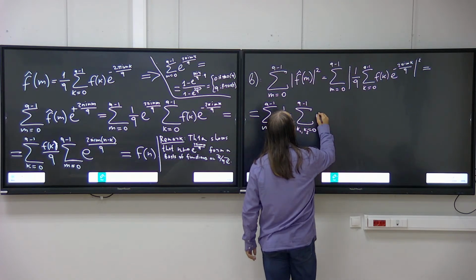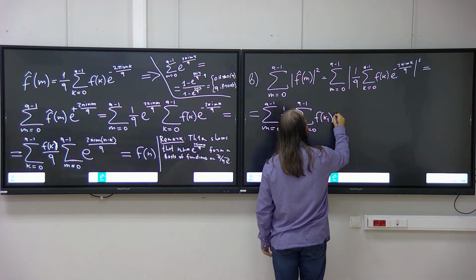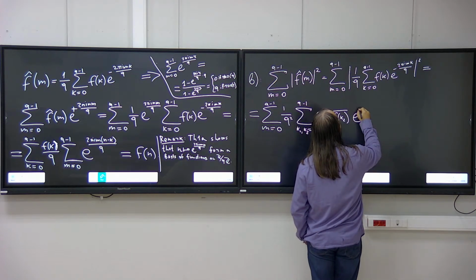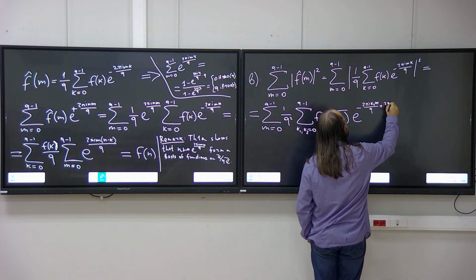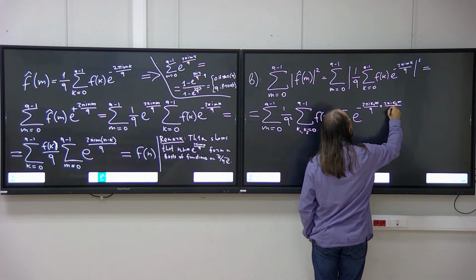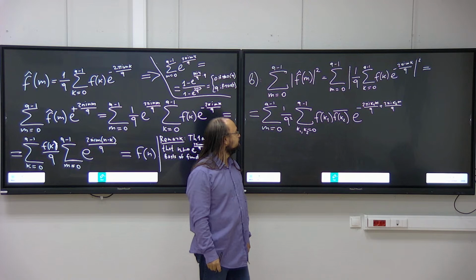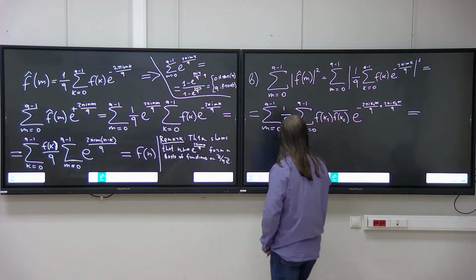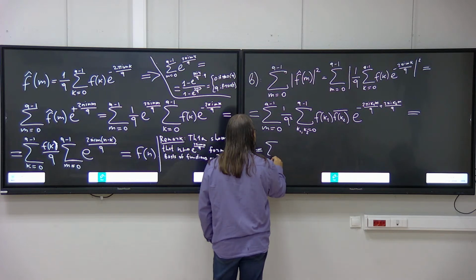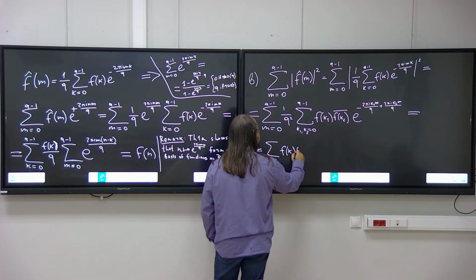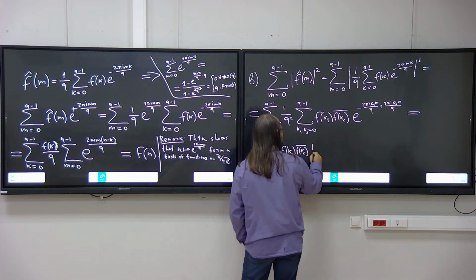So we get f of k1, then f of k2 conjugate, then e to the power minus 2 pi i k1 m over q plus 2 pi i k2 m over q. Okay, so let me continue this. This is the sum over all k1 and k2, f of k1, f of k2 conjugate, 1 over q squared,